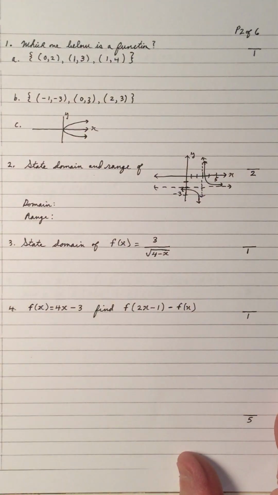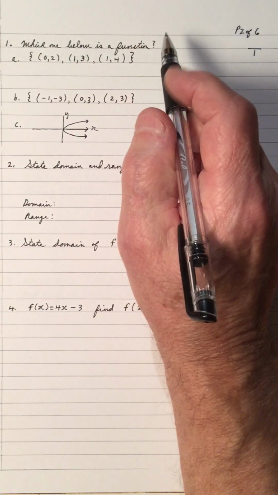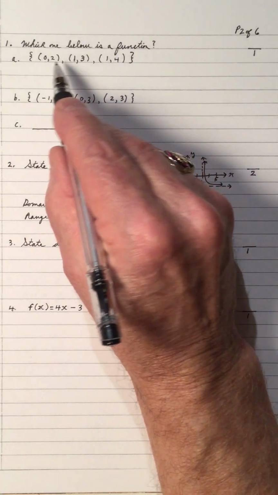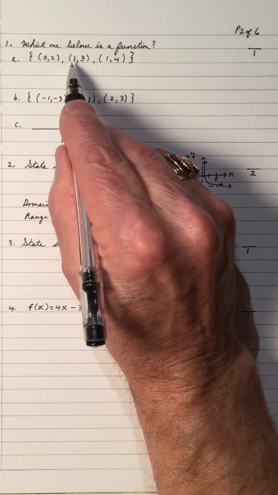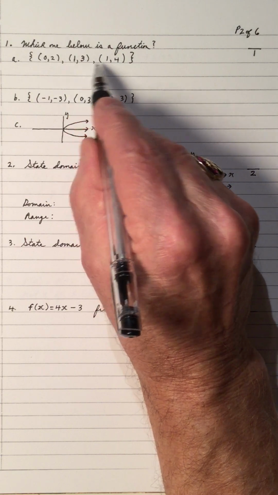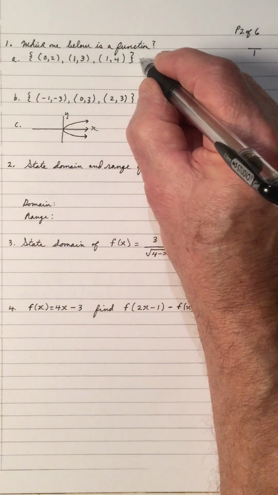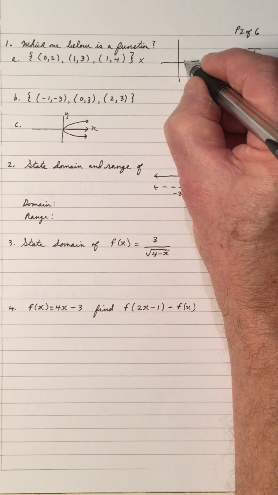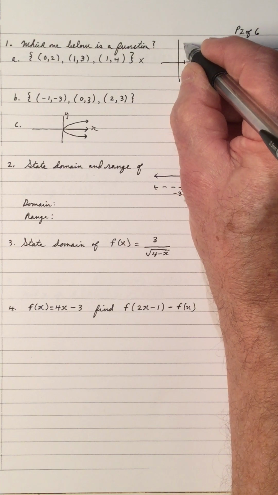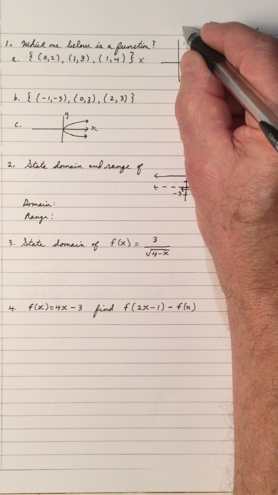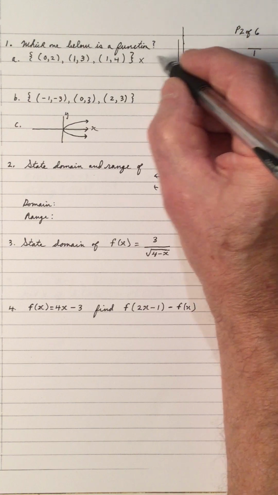Here we go. Which one below is a function? And again, the definition of function is for each x, there's exactly one y. So notice x is repeated here. So that means when x is 1, there's 2 values for y, so it's not a function. Or if we do a vertical line test, take the point 1, 3 right here, take the point 1, 4, if you draw a vertical line to pass through 2 points, so it's not a